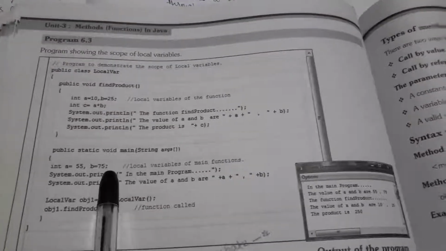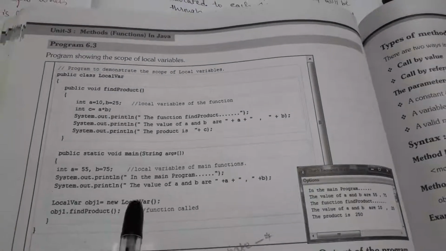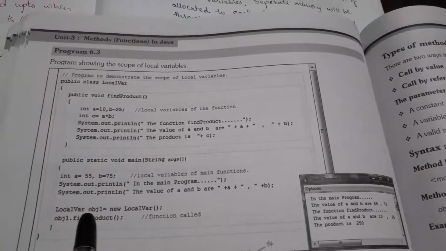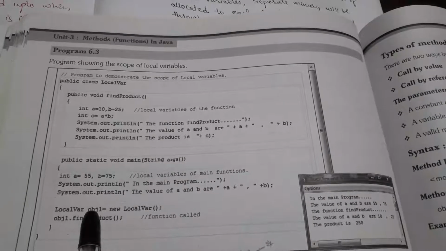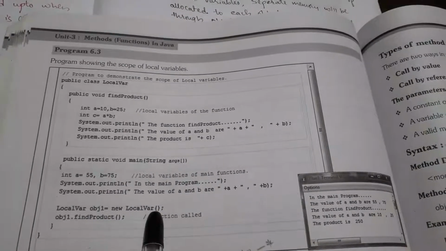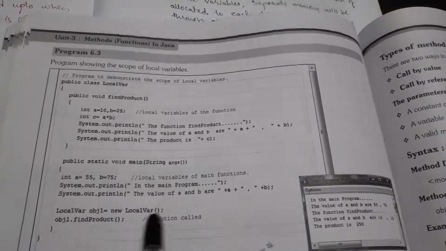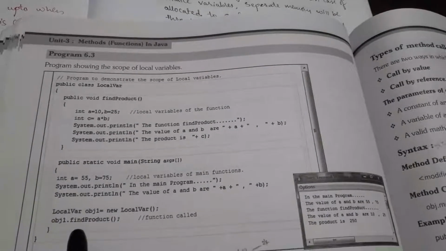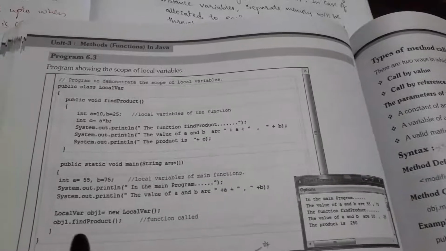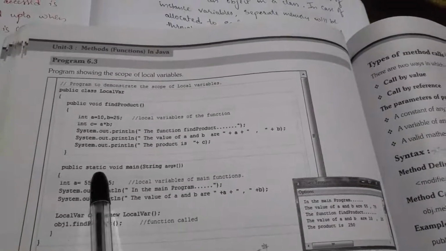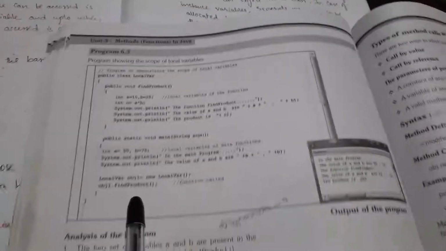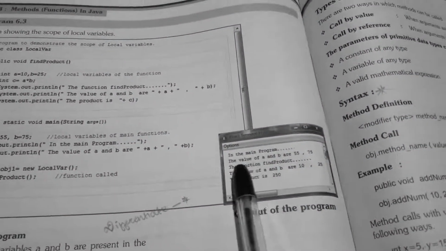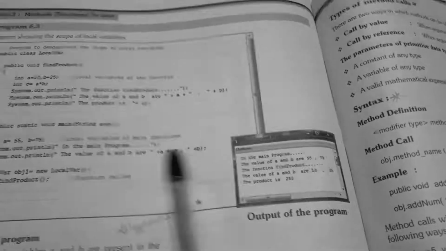And here in this particular portion you can find the LocalVar class name, a new object has been allocated with new LocalVar. With the help of the object creation statement, the object has been allocated and the values will be stored here, and this is how the answer will be displayed. In the main process the values of a and b are 55 and 75.